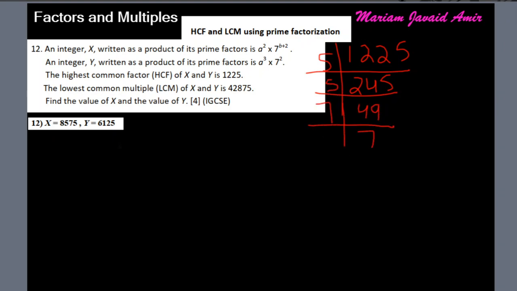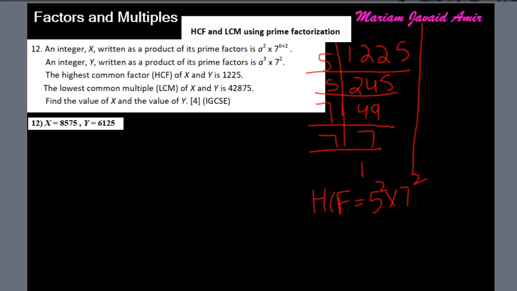7 sevens are 49, and then 7 ones are 7. Okay, so the HCF can be written as 5 square times 7 square. Alright, next we need to factorize the LCM, which is